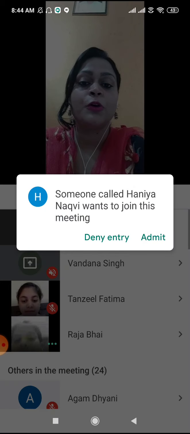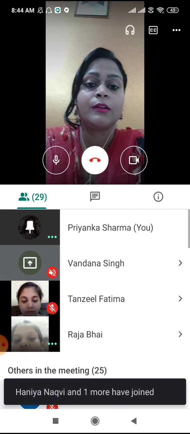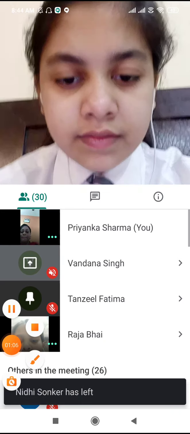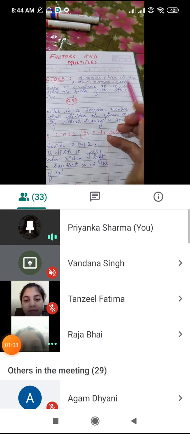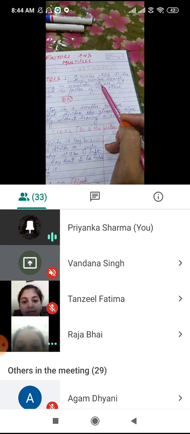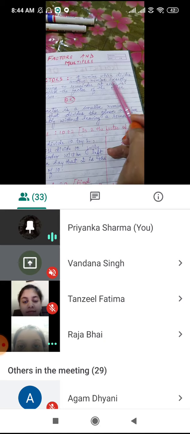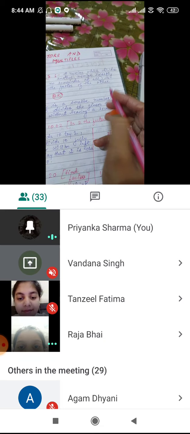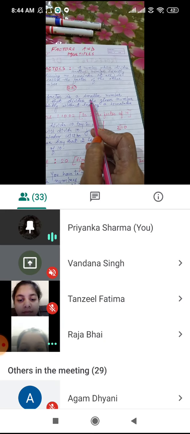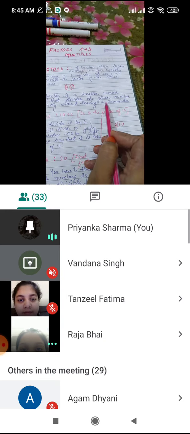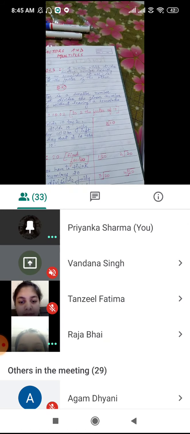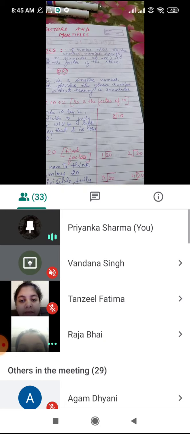Now I'll show you how to do. The number which divides another number exactly without leaving any remainder is called the factor of the other number. Or we can say that a factor is a smaller number that divides the given number completely without leaving a remainder. Now take the example I gave you, of 2 and 10.